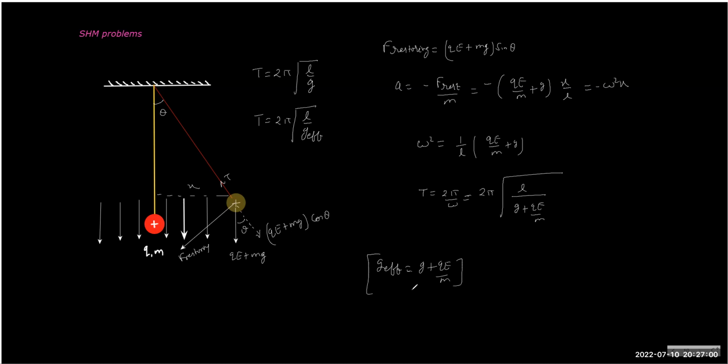You can just write directly. So you add acceleration, not the force. We are adding acceleration. So this is a small change. You can also do it just like a formula in which you have to substitute the G effective and get your answer. So if I switch the direction of electric field upward, what will be the new time period? If the field is reversed, then G effective will be mod of G minus QE by M. I don't know which one is bigger, right? And therefore, the time period will change for sure.